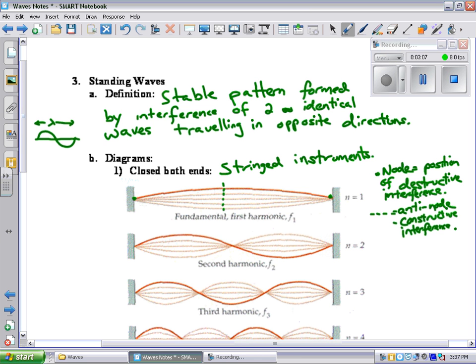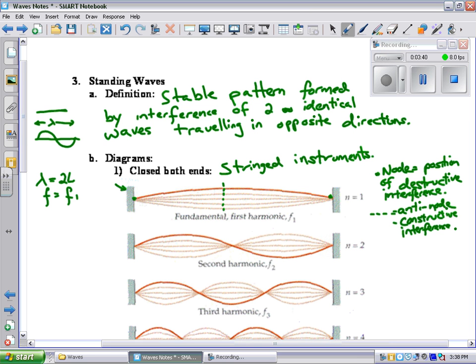Now, I do want to make a note for this one that since over here a wavelength is like a whole sine wave, 360 degrees, in this first one here, I only have half of that. So the whole wavelength would be twice as long as the string. So I'm going to make a note that the wavelength of the wave is going to be 2 times the length of the string. And then our frequency for this one, we're going to call F1, our fundamental frequency or